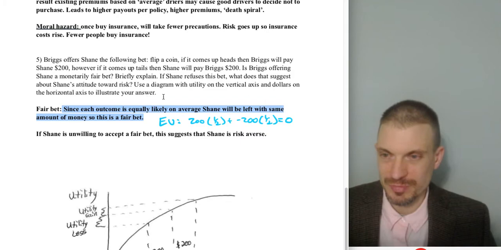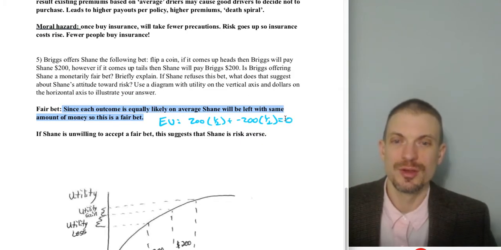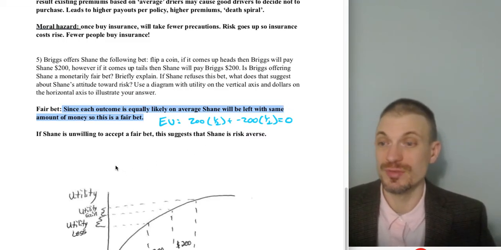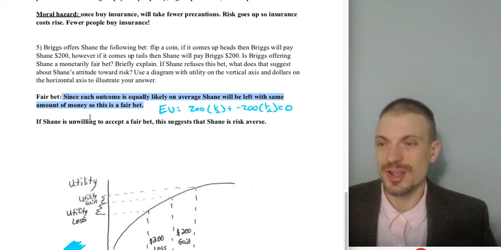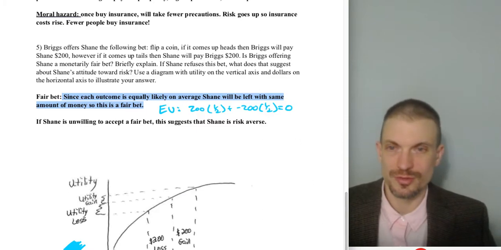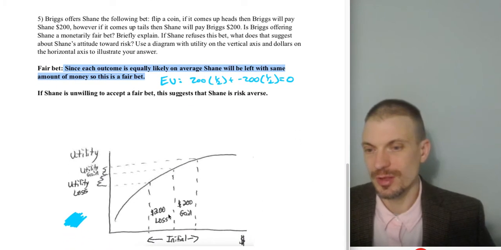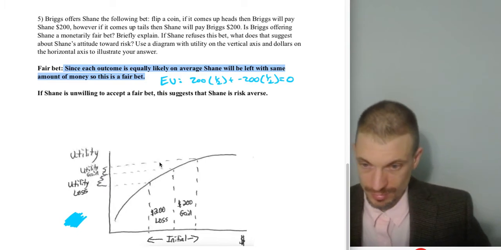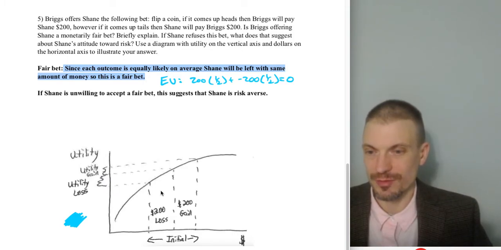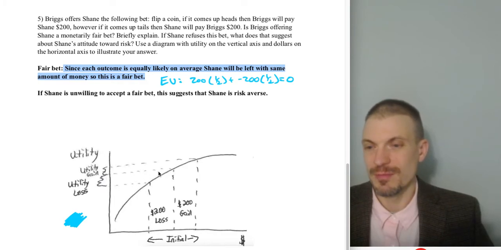If we repeated this bet every day in the long run with a fair coin, we'd expect that Shane's expected value outcome would be zero over the course of a year, for instance. If Shane's unwilling to accept a fair bet, this suggests that Shane is risk averse. And so the picture we would have would be this one. We have our $200 loss, our $200 gain. We have our utility on the vertical axis, and we notice the concavity of the utility. And so for the same $200 loss or the same $200 gain, we have measured a larger